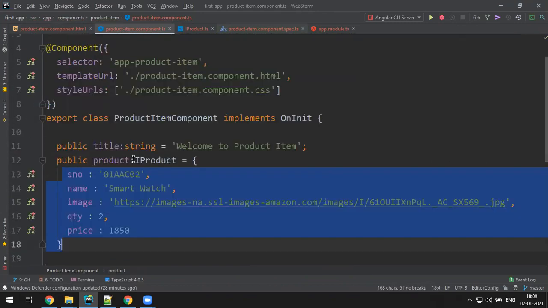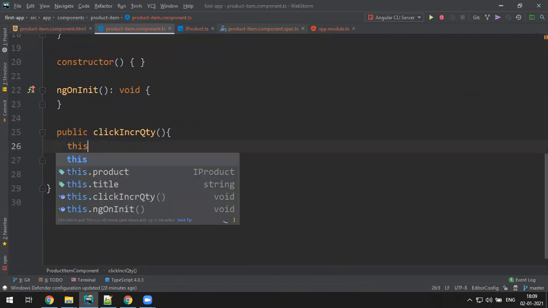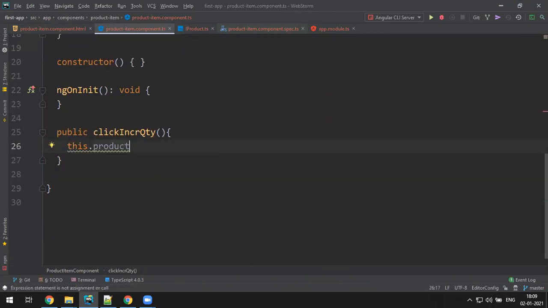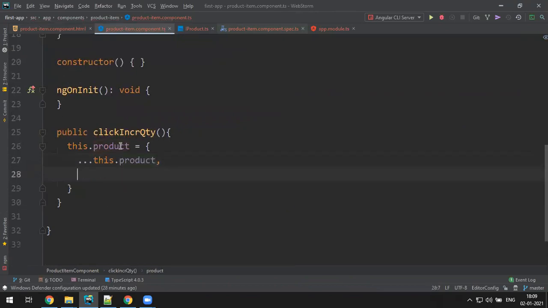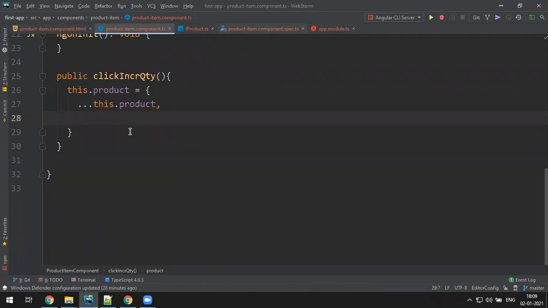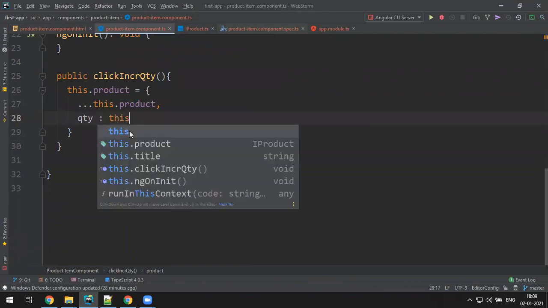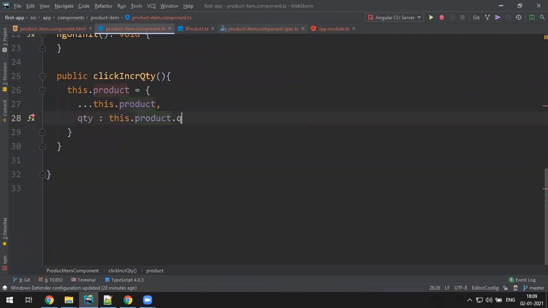I want to increase this state, so I say this.product equals an object, ...this.product, comma, the quantity I want to increase: qty will be this.product.qty plus 1. No semicolon needed. We are just increasing the quantity of the product.